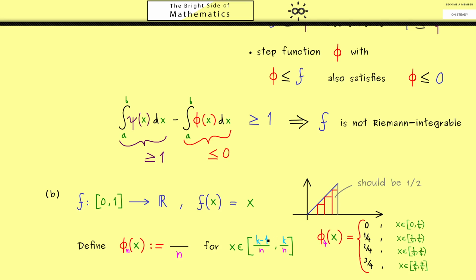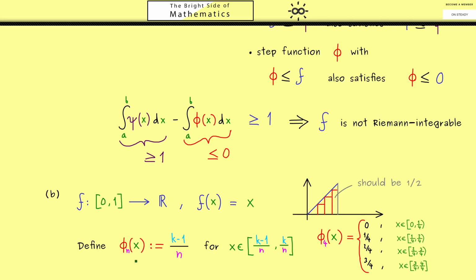So you should see, when k is equal to 1, we are in the first case. k is equal to 2 gives us the next case, and so on until k is equal to n gives us the last case here. Hence, the only thing missing here is now the value at the position, which is k minus 1. Which definitely fits because it's 0 in the first case, 1 in the second case, and so on. Okay, so this is a step function that looks like this, but now with n steps.